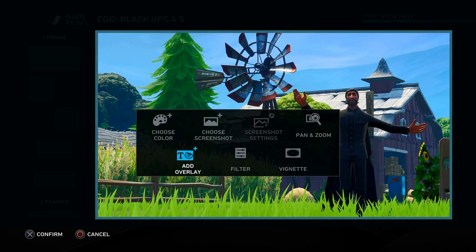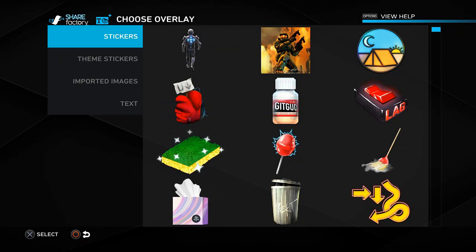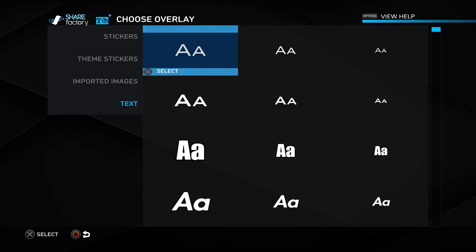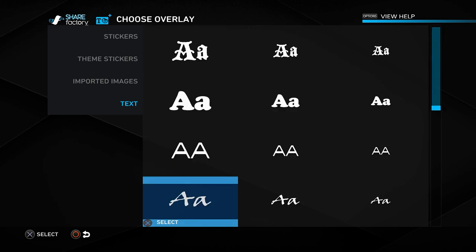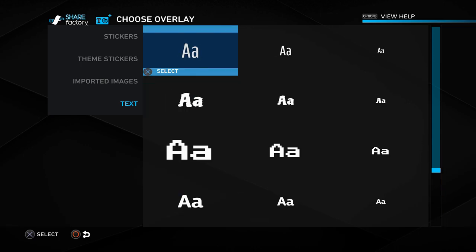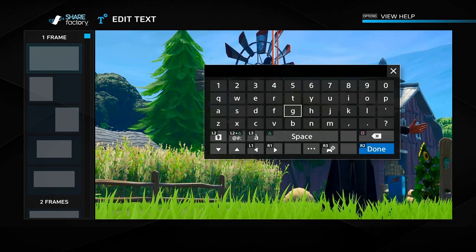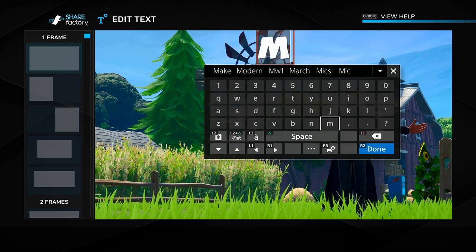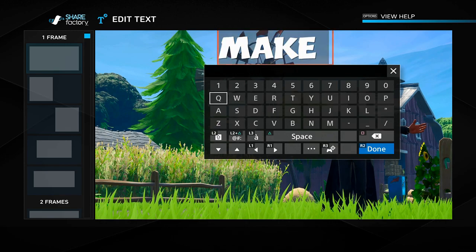And then let's add some overlays to our picture. So I'm going to add some text right now. Let's find a text that we like here. I kind of like this third one down. I use that one a lot. So let's go ahead and go to that third text down, select it, and let's call this "make a"